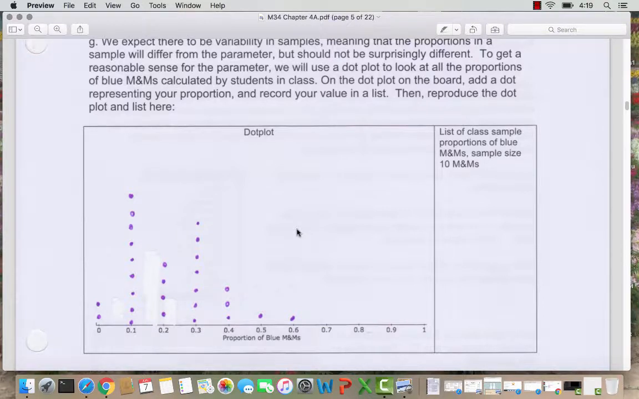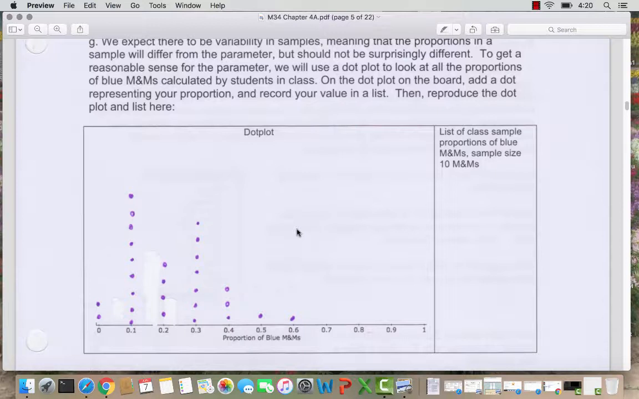So we expect there to be some variability in samples, meaning that the proportions in a sample are going to be different from the parameter, that's the population value. But overall, things should not be surprisingly different. So to get a reasonable sense for the parameter, we use a dot plot to look at the proportion of